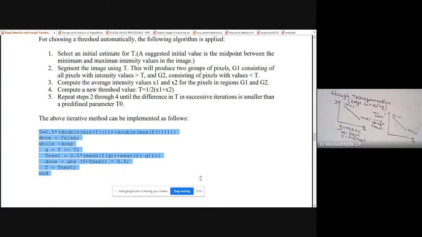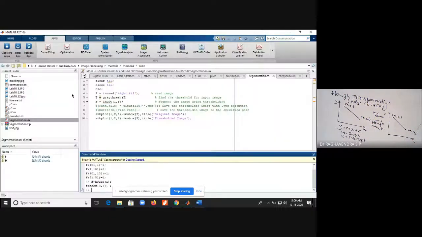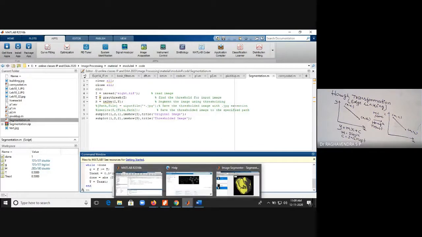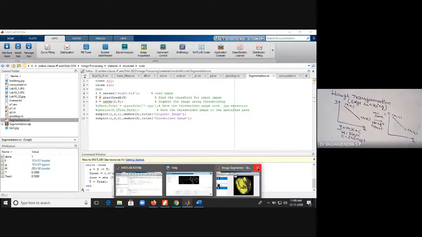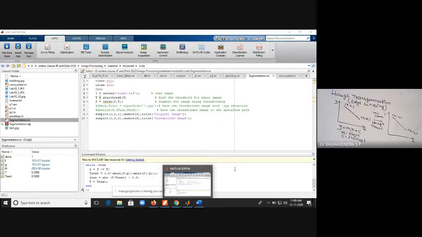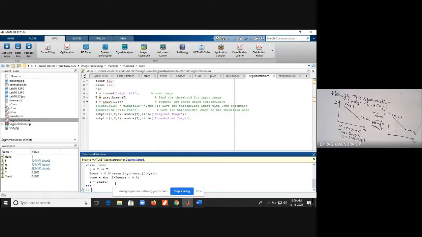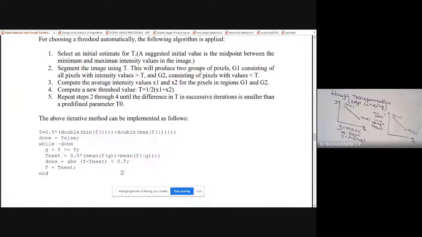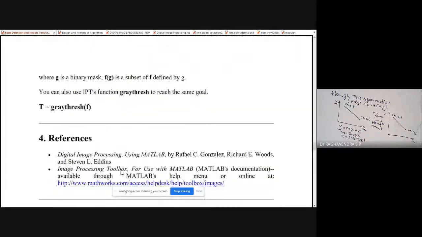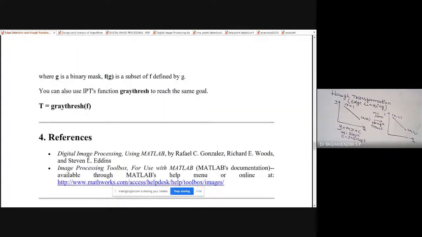So just copy this code and paste this in MATLAB. This graythresh I have just used. I used graythresh; that is the same thing.